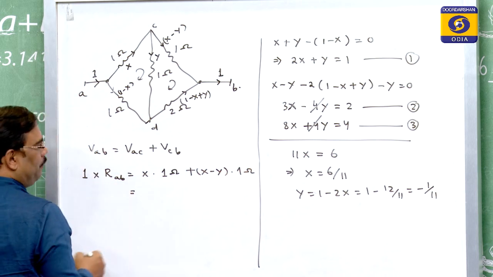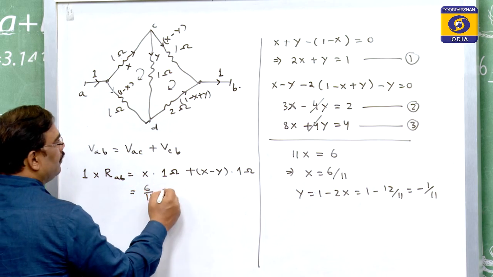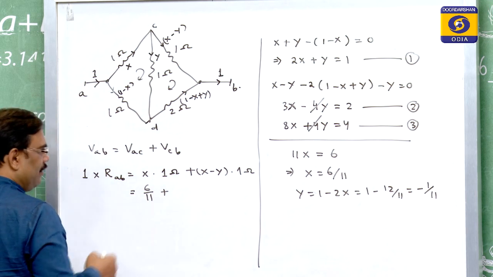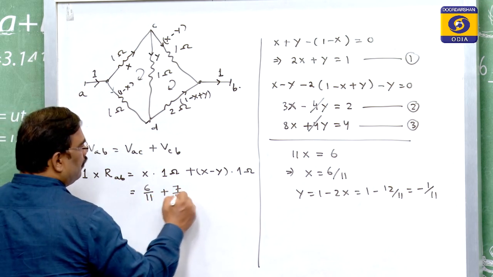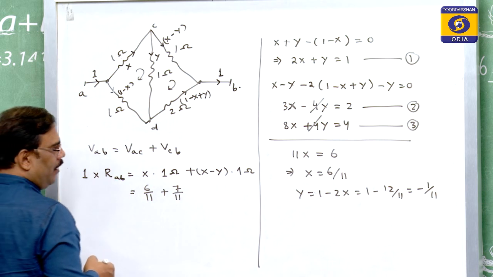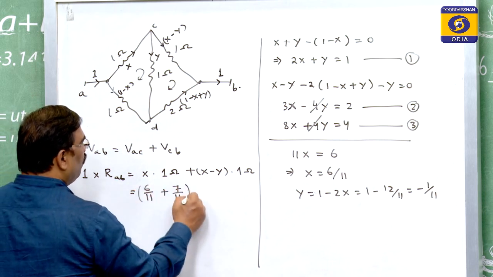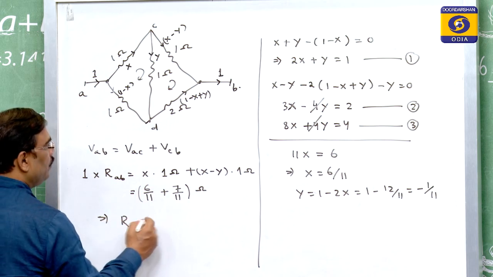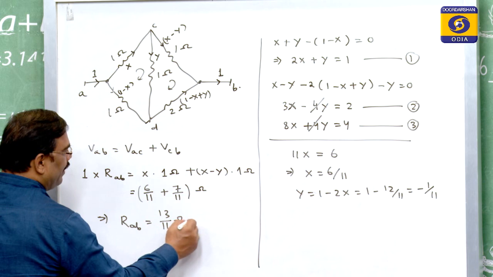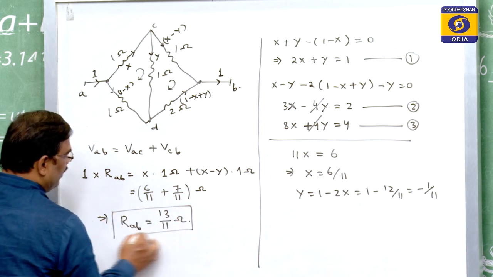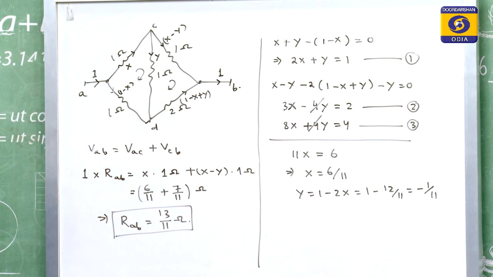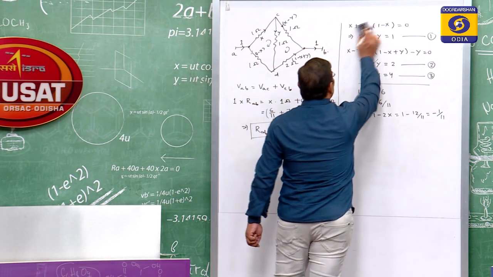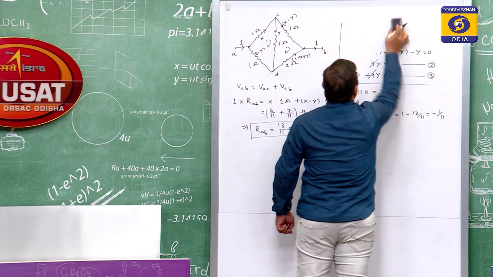So, this will give me 6 by 11 plus X minus Y is 7 by 11 ohm. So, this will give me RAB equal to 13 by 11 ohm. So, this is the effective resistance between the points A B. Now, let us calculate the same effective resistance while going through